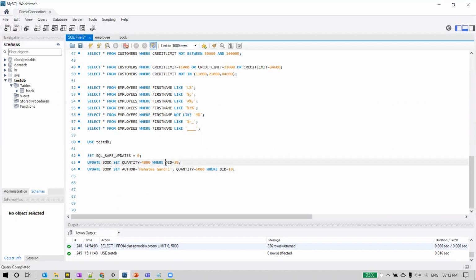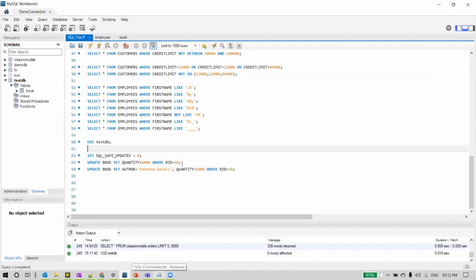And if we don't have a key specified in the where condition when we are writing an update statement, then MySQL will not allow us to execute that statement if SQL safe updates is set to 1. By default, this will be on. So setting this SQL underscore safe underscore updates value to 1, which is the default, means we can't actually update any table without having a key column in the where condition.